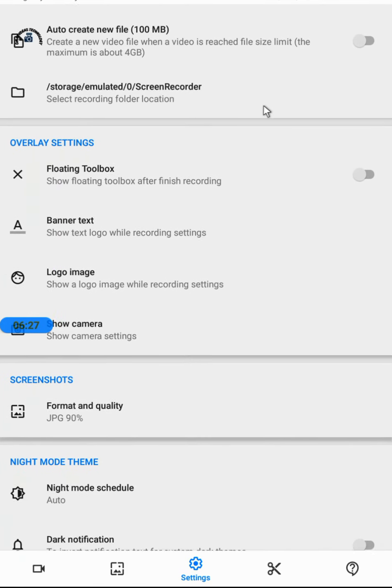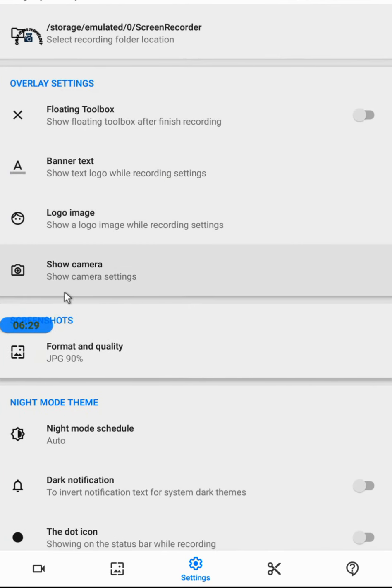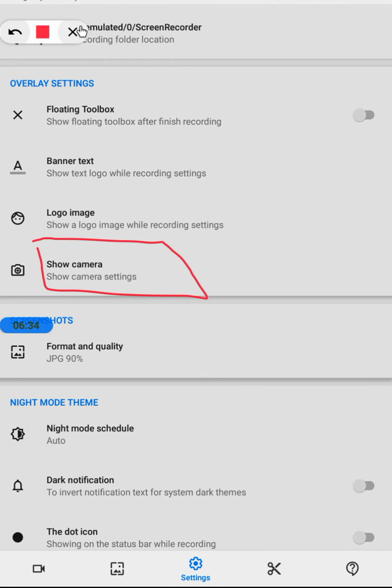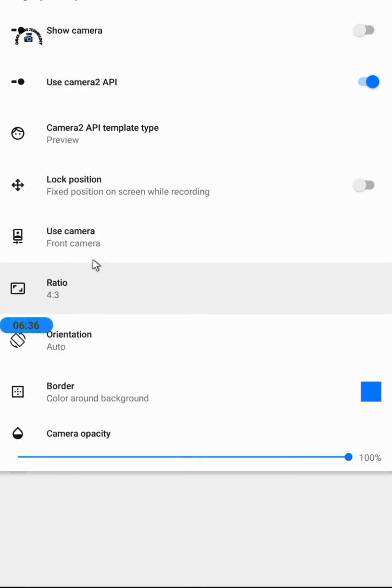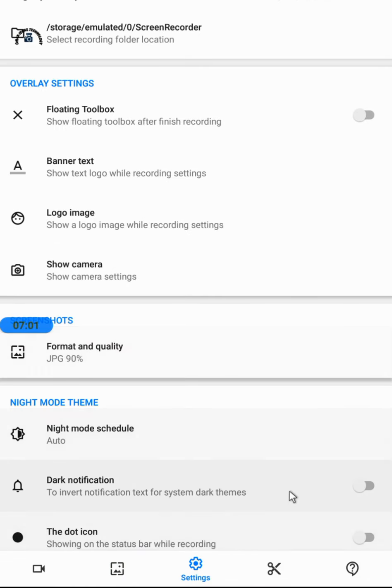So I show you about the camera. So you can see down here there is show camera, this one show camera. Okay, select this one, open, then you can turn on your show camera. When you turn on this button, your camera will come, so you can use your camera mode from here. So in this video I am not using the camera, so I keep it off. So when you want to turn it on, just turn it on here. After that you will see your face on the screen.